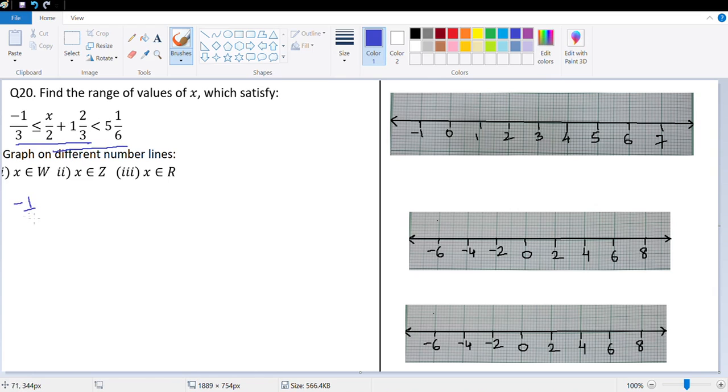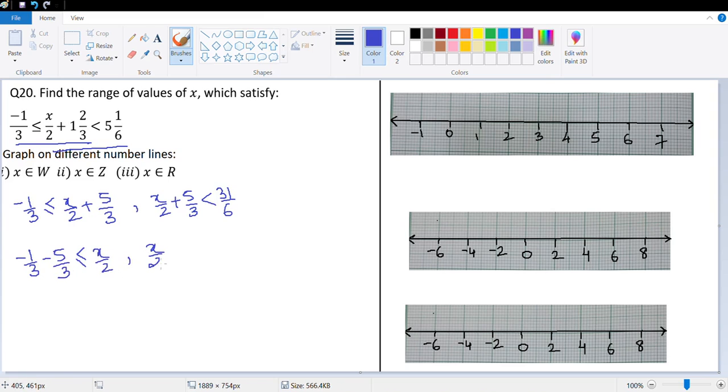So this is negative 1 by 3 is less than or equal to x by 2 plus 5 upon 3, and the second would be x upon 2 plus 5 upon 3 is less than 31 upon 6. Yes, let's take 5 upon 3 on the other side. So this is negative 1 upon 3 minus 5 upon 3 is less than or equal to x upon 2, and this is x upon 2 is less than 31 by 6 minus 5 by 3. So this is negative 6 upon 3, which means negative 2 is less than or equal to x upon 2,